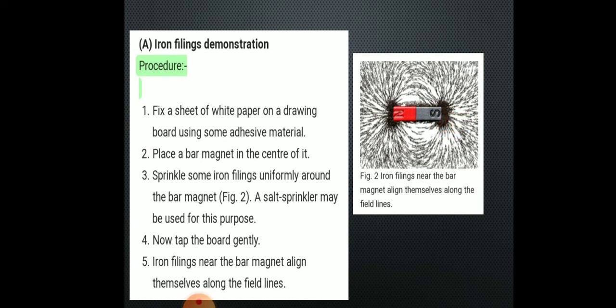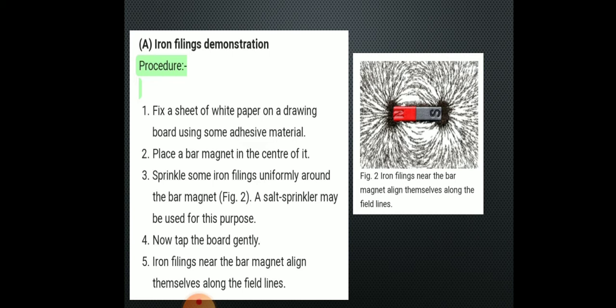So why do these iron filings arrange in such a pattern? What does this pattern demonstrate? The bar magnet exerts its influence in the region surrounding it. Therefore, the iron filings experience a force, because the magnet has a force around it. That force is experienced by the iron filings. The force thus exerted makes the iron filings arrange in a pattern.